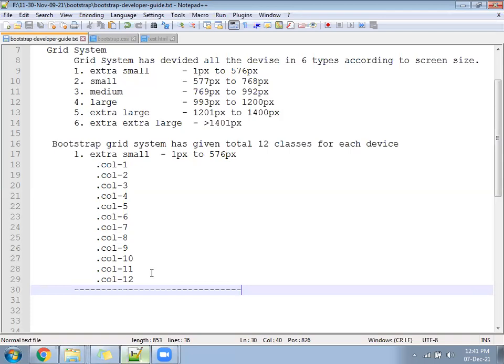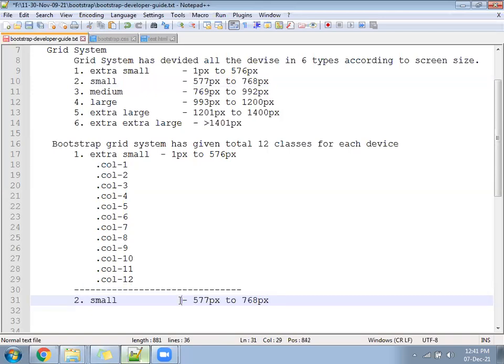So what is the class name? col-1 to col-12. Easy to remember. For which device? Extra small.